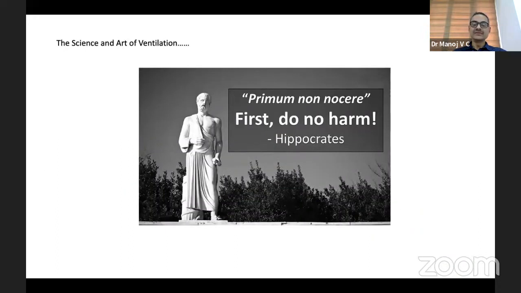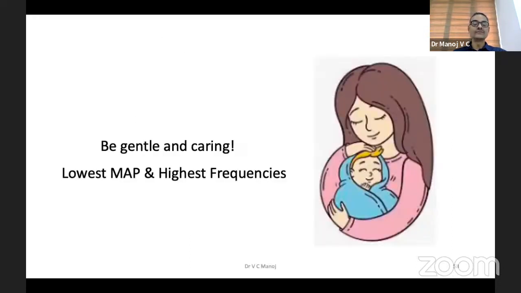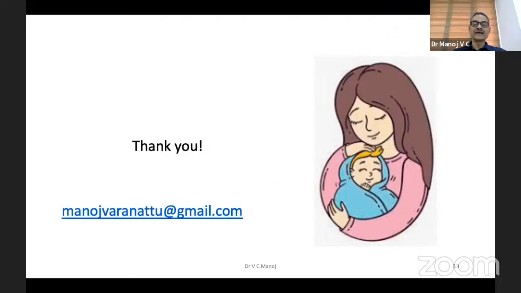I'll stop here. Again, I'm repeating what I said in the previous lecture. Our idea is not to cause harm. So first, do no harm, which means that if you do not ventilate, the baby may suffer, and if you ventilate, be gentle and extubate as early as possible by proven methodology like targeting tidal volume in conventional ventilation, and then HFO by fine-tuning your skill of HFO. Lowest MAP and highest frequency are most protective in high frequency ventilation. I think I will stop here now. We can have